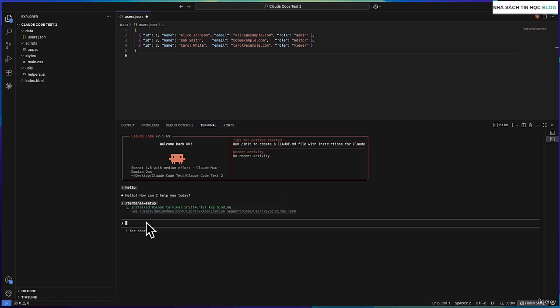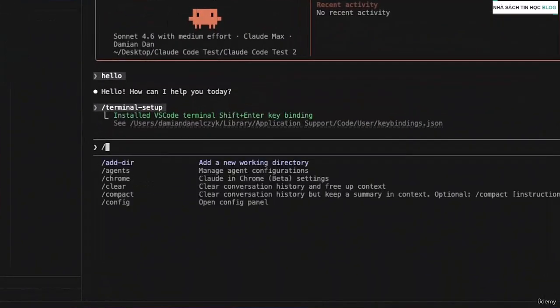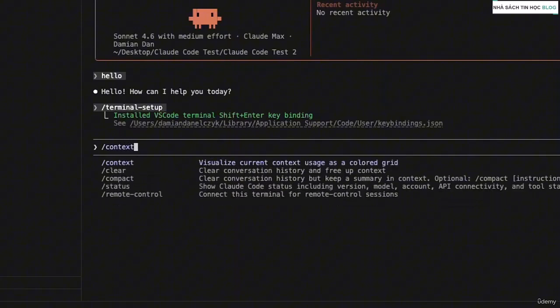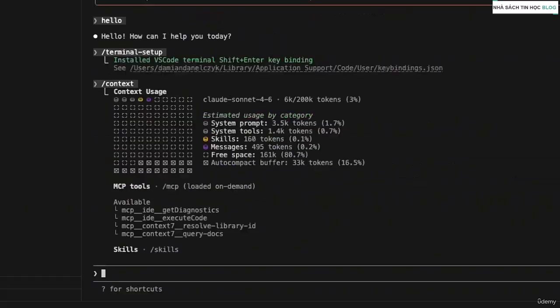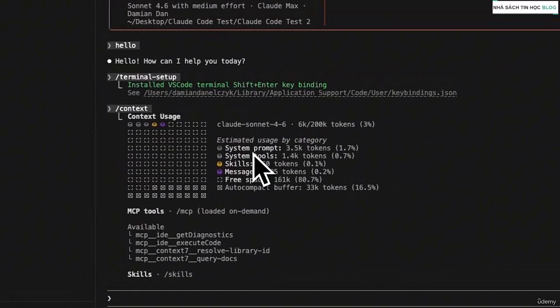Now let's go through a few more commands that you'll be using regularly. The first one is context. All right. As you can see, we can visualize current context usage as a colored grid. All right. So run this, hit enter, and you will see a full breakdown of your current conversation. So first we've got the model we are using. Then you can see how many tokens you have used.